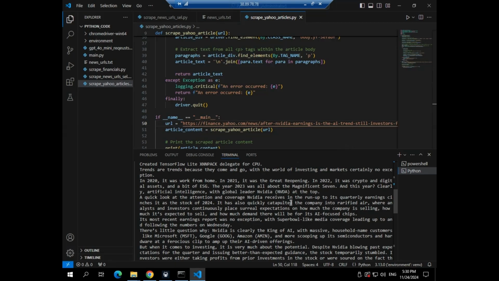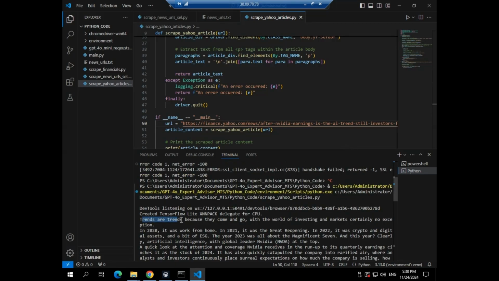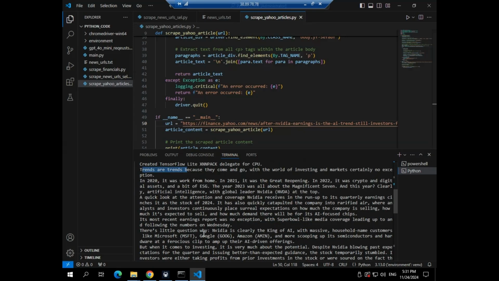So it's printed to the terminal. Trends are trends because they come and go. With the world of investing in markets, certainly no. Okay, so it's web scrape the article, but where is our